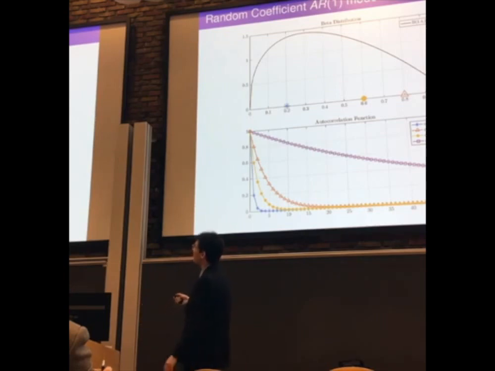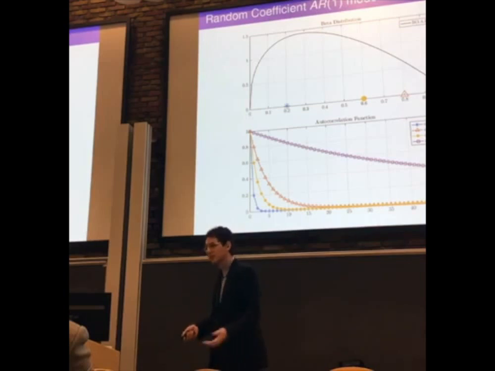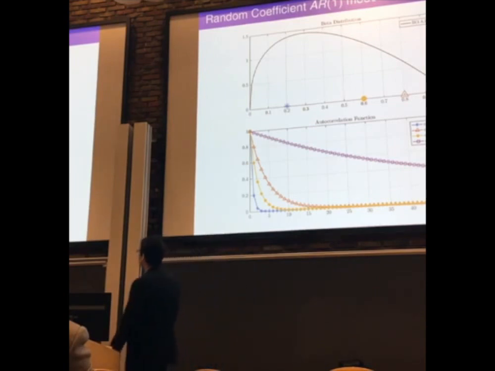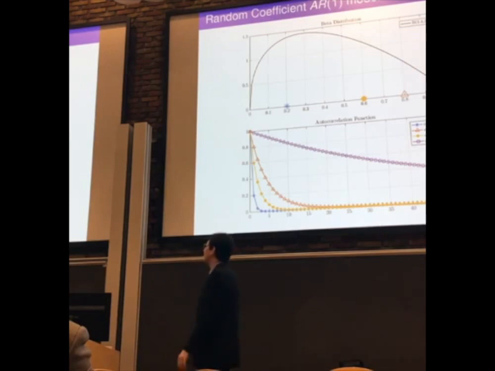Nonetheless, no matter how many times I sample from this beta distribution, I'm going to obtain an AR1 process. So conditional on this alpha, it is going to be either this or this. I don't get the long memory that I wanted, so I get one of the two. So that's what we mean also that it's not an ergodic process. We don't get the autocorrelation function of the main process, let's call it.